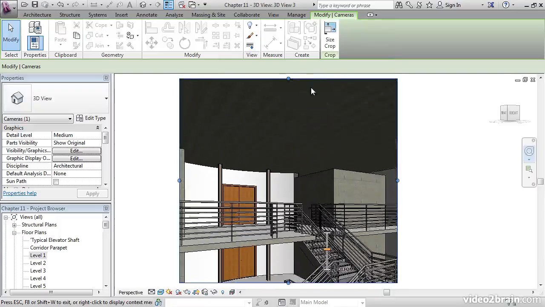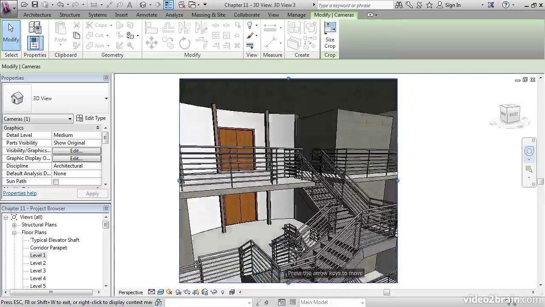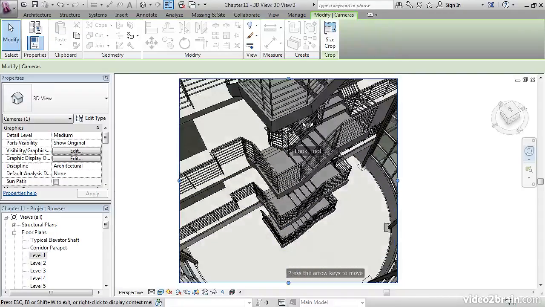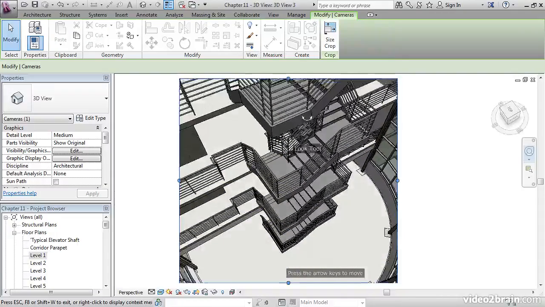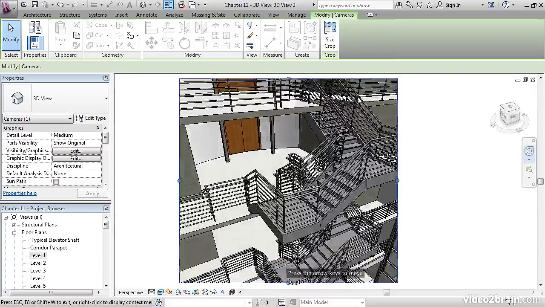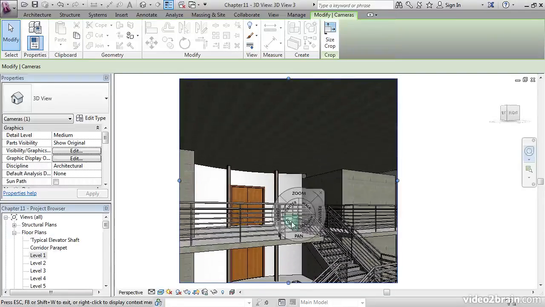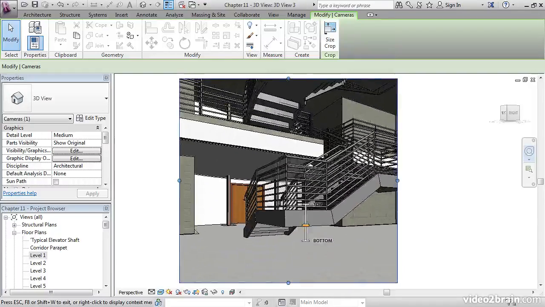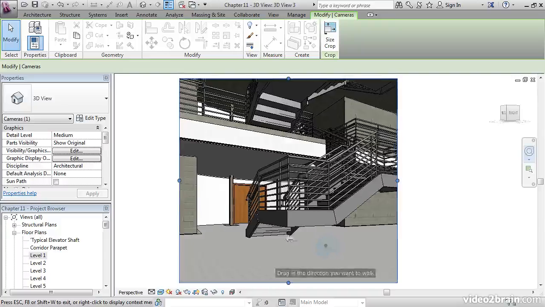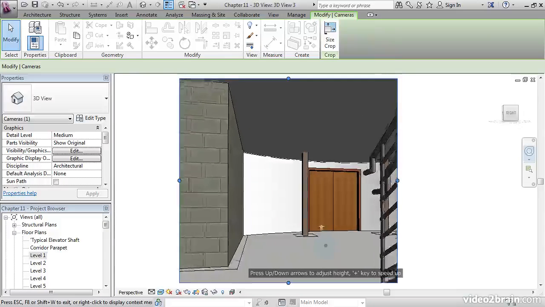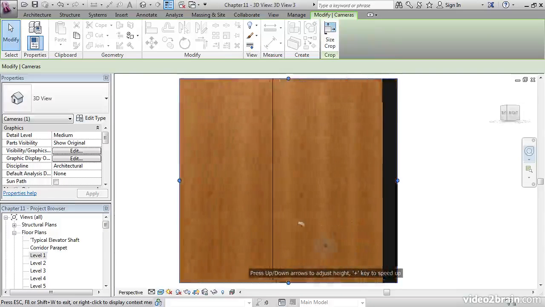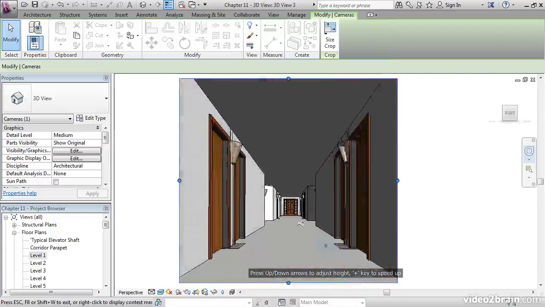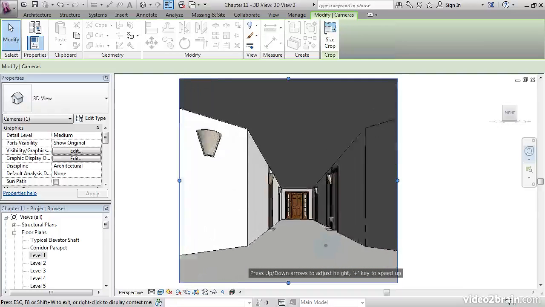We can go all the way up and let go of it, and we can use the look function. If you pick that and hold down, you can look around. We can look all the way down at the lobby, and we can look straight up. We can go up, down, go down to the first floor, and use your walk command, and we can walk right through our entire model, through all of our doors, down the corridors we're going to be making,